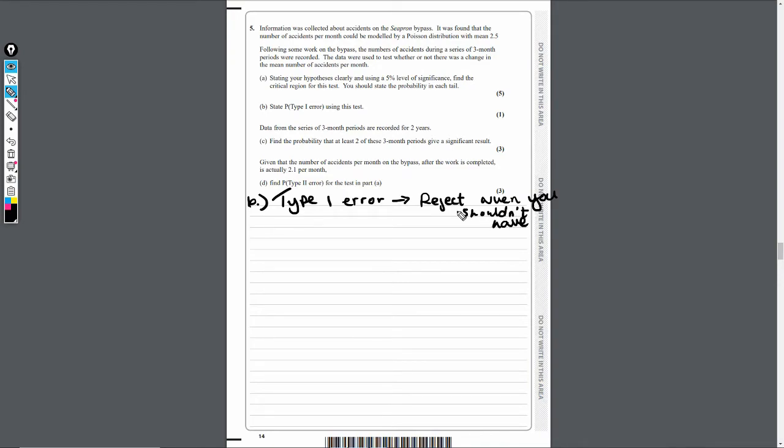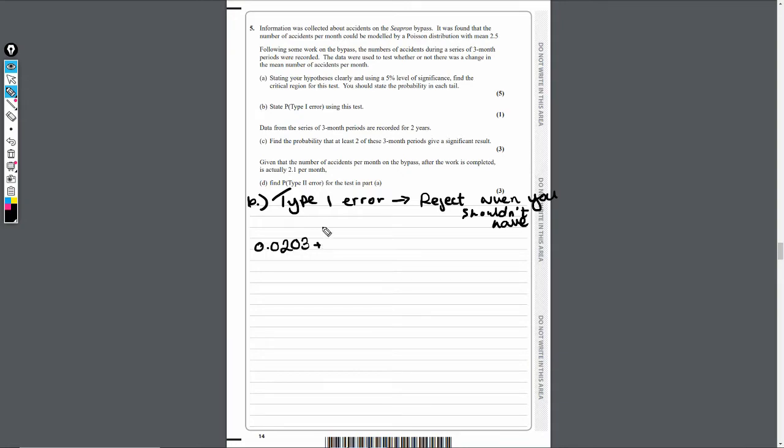Okay, so the probability of doing that, well, that's just going to be simply my two critical probabilities from the region. So if I add the two together, I'm going to get my probability of a type 1 error. So that's going to be, if I add them together,